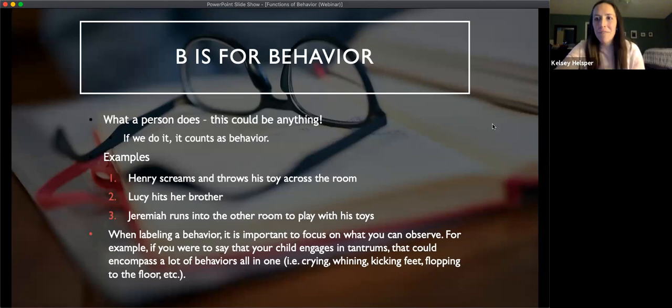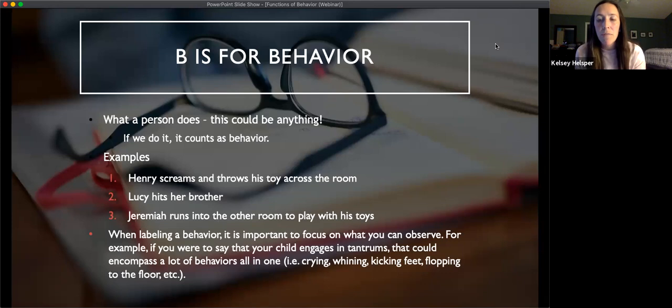Good now. Okay, perfect. So behavior is what a person does. All of those behaviors that were listed, so Henley screaming and throwing toys, Lucy hitting her brother, Jeremiah running into the other room, those are all behaviors that we can observe and we can measure. So it is really important when we think about labeling the behavior to focus on what it is that we